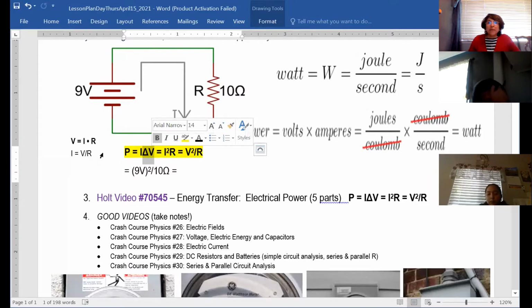Are you guys with me? I, and here's the other, the V is IR. So that's why it's I squared R. Okay. I wish I had maybe a better font that has the,